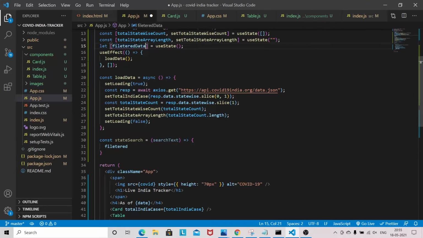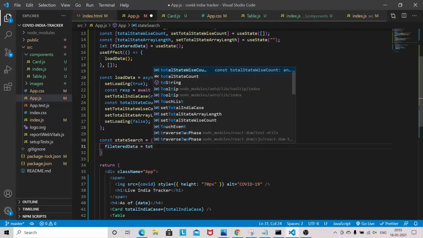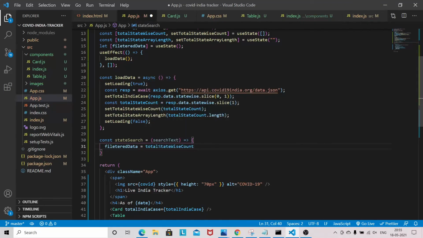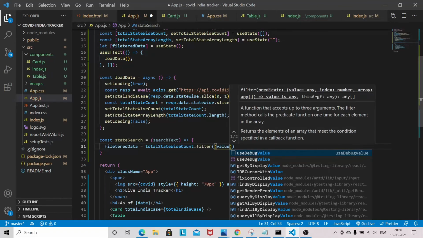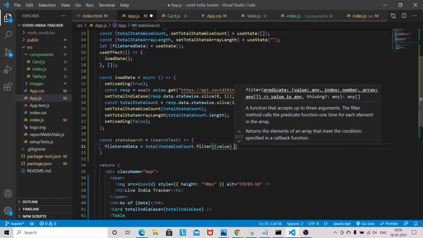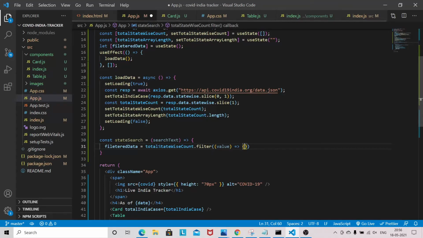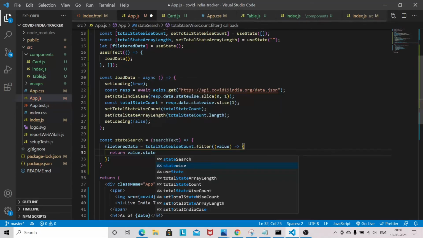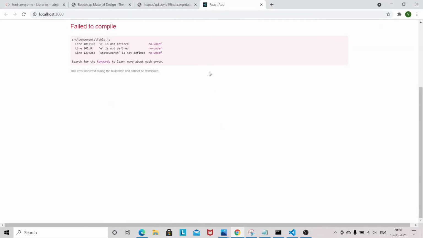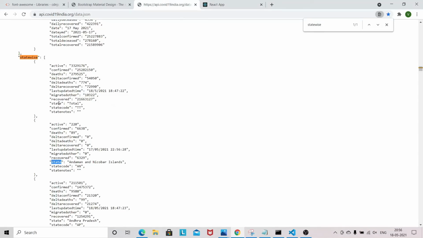Okay, filter data is equal to total state-wise count dot filter, return value dot state. So we have to do the searching based on the state.